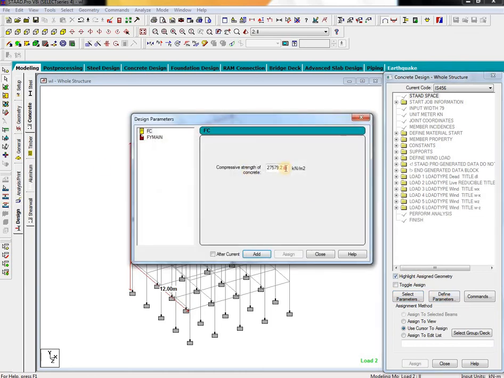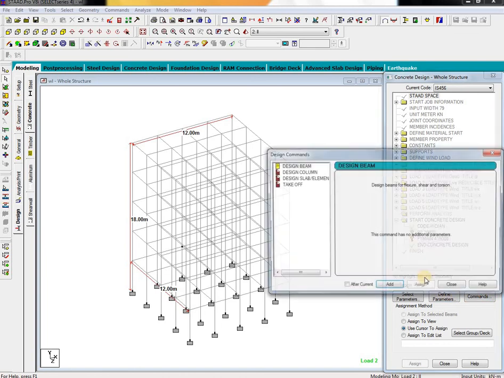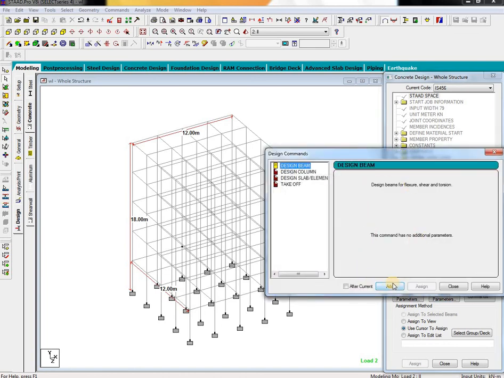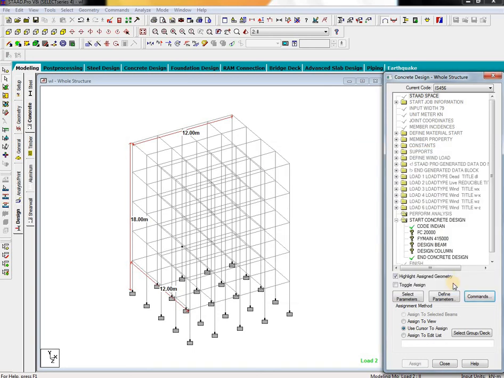Define parameters. FC is 20,000, add. Then FY, that is 415,000, add, close. Then command, here just design beam, add, design column, add, close.